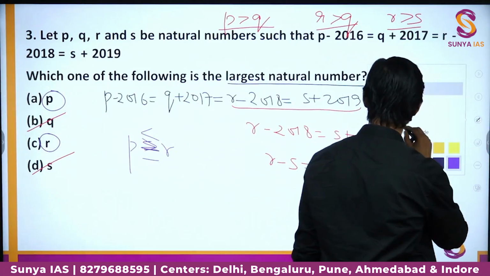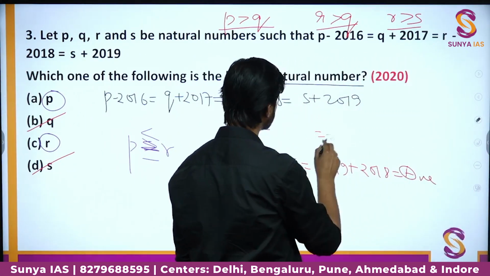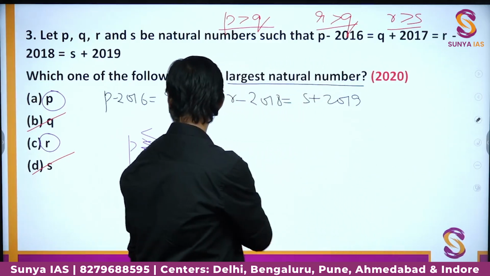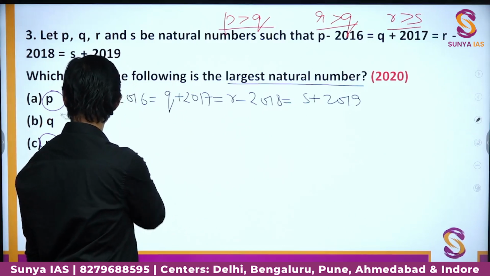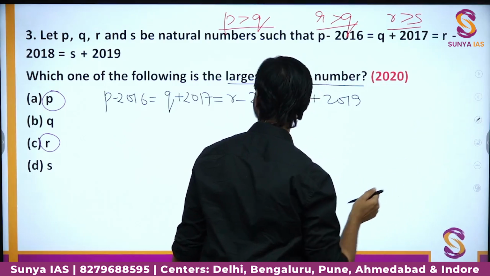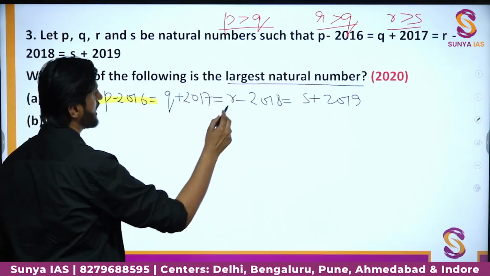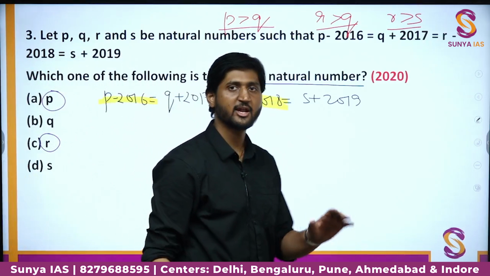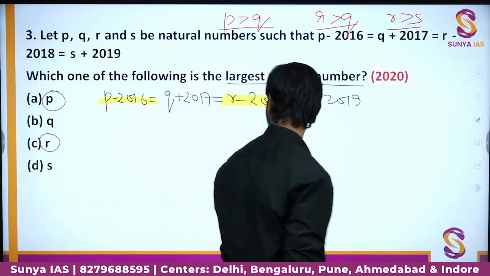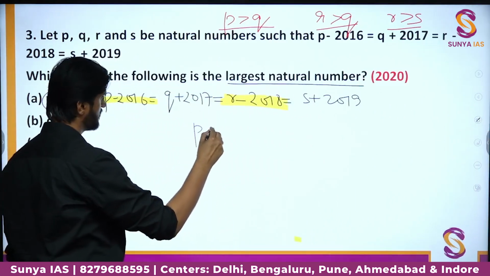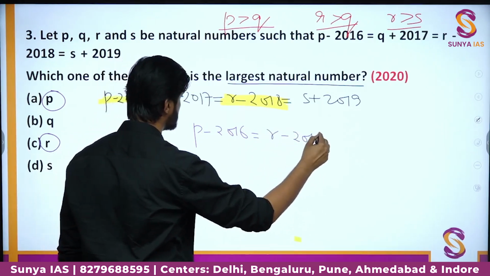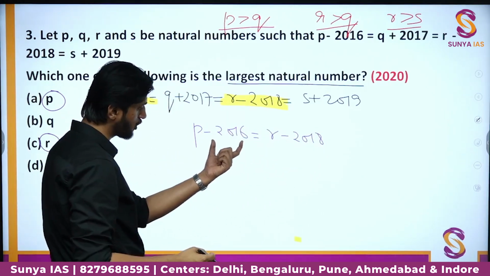So, in order to do that, we need to take that part of the equation which contains both P and R. So, let us see which is that part. Simply by highlighting it, I can show you. If you take this part and this part, you can actually get a relation between P and R, right. That is what I am going to do here. So, here we have P minus 2016 is equal to R minus 2018. We will send R on this side and 2016 on the other side.